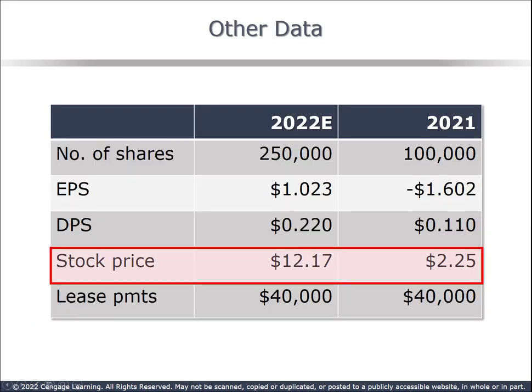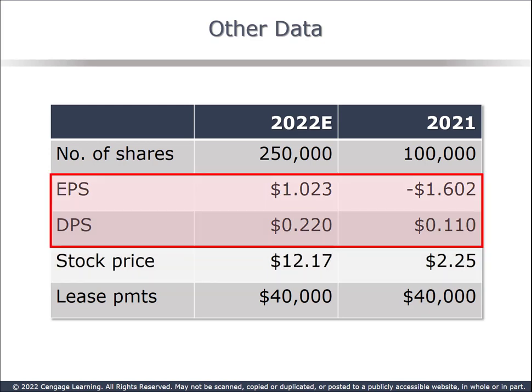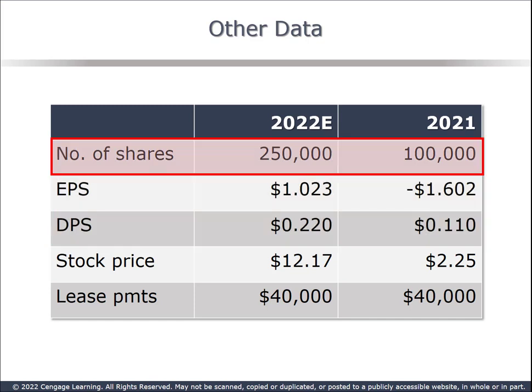The shareholders will definitely be happy to see the stock price recover from a dismal $2.25 to over $12, a significant increase over the pre-expansion price of $8.50. The firm is also expecting to return closer to their pre-expansion dividend payout of 22 cents a share, again making shareholders happy. Their source of funds? They issued 150,000 shares of new common stock.